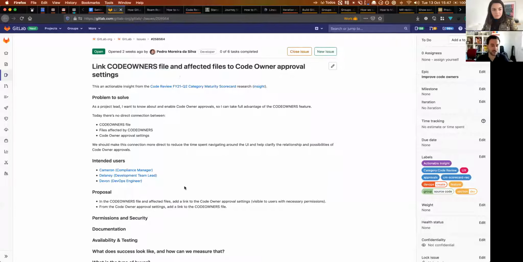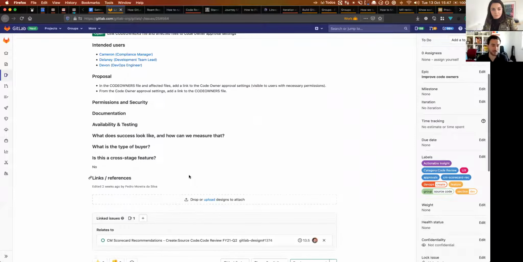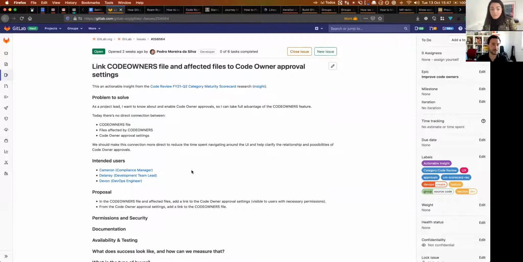It doesn't have any designs. It's just an idea, and maybe it doesn't make a lot of sense, or maybe it does. Yeah, to me that makes total sense. And it's also in line with what I heard from Secure and learned from Growth, where they have these in-context settings